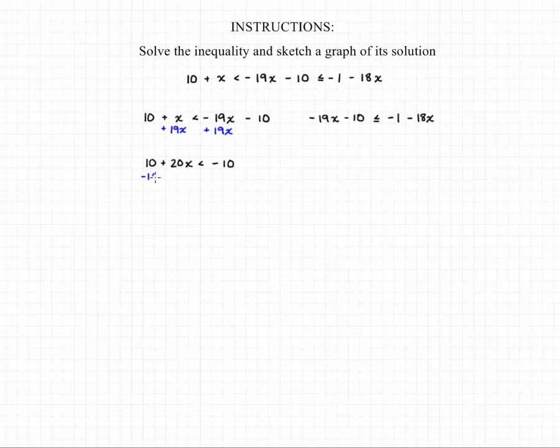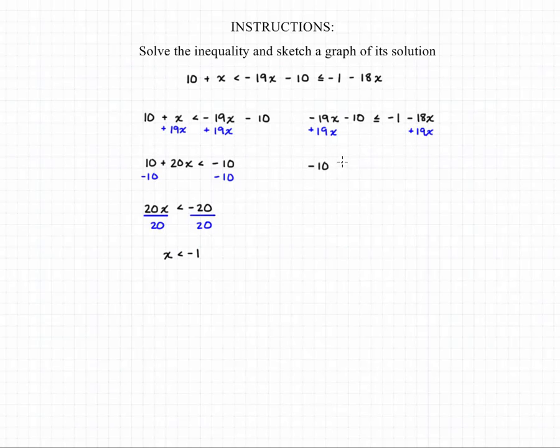less than negative 10. We can subtract 10 from both sides. That will give us 20x is less than negative 20. And then if we divide both sides of our inequality by 20, we'll end up with x is less than negative 1. Moving on to our second inequality, if we add 19x to both sides, we'll end up with negative